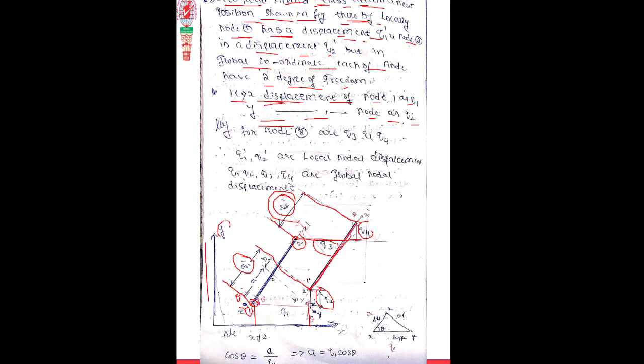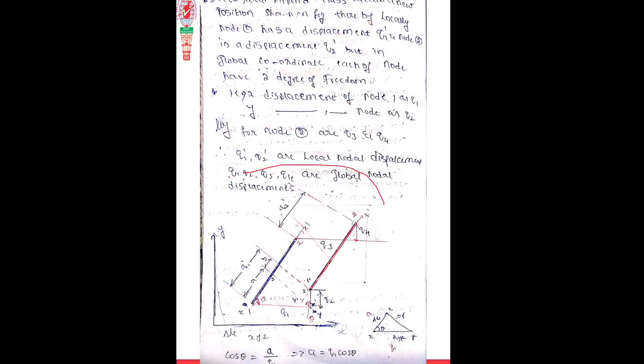That's what we have written here. So the x displacement of node 1 is q1 and the y displacement is q2. Similarly, at node 2, q3 is the x displacement and with respect to y it is q4. Have all of you understood this figure concept? Is it clear, or any doubts? Any doubts here? Hello? Yes, yes.